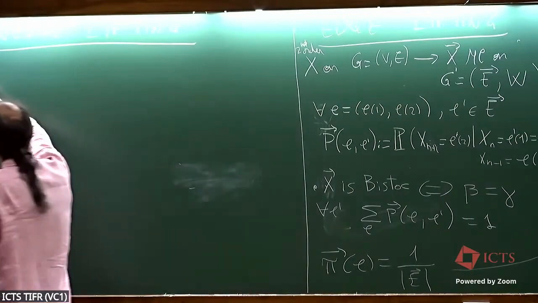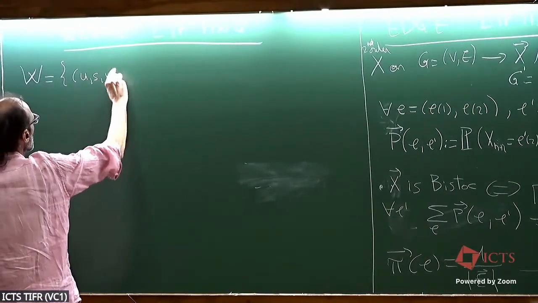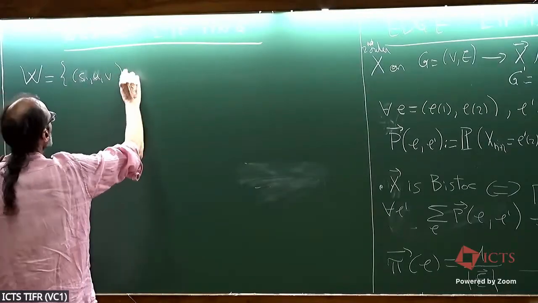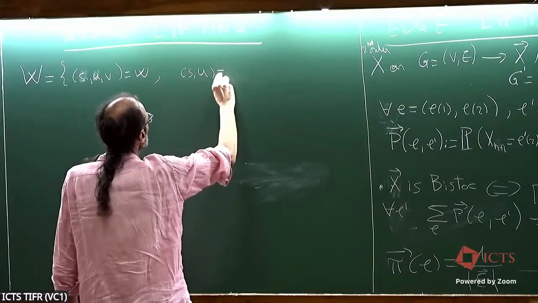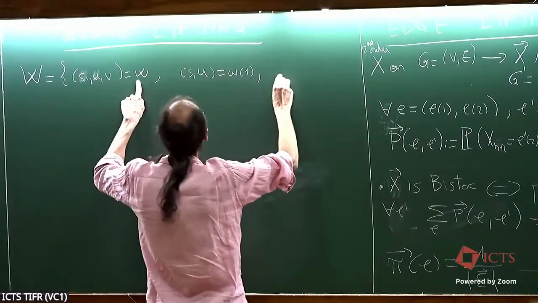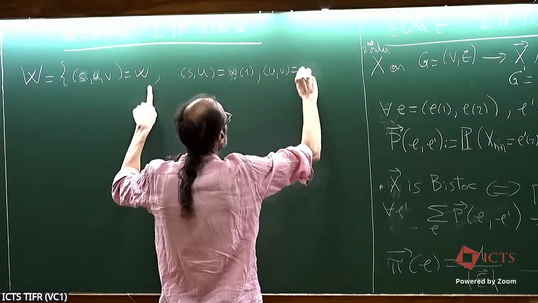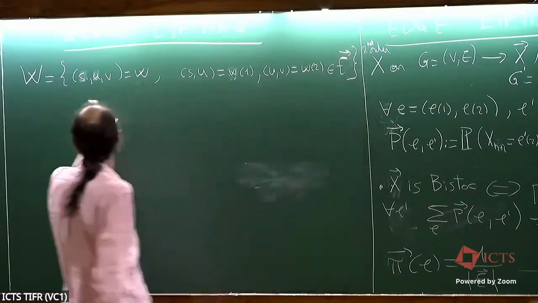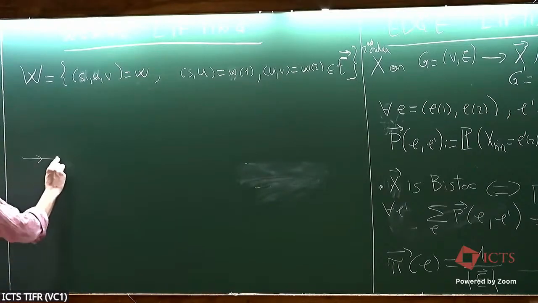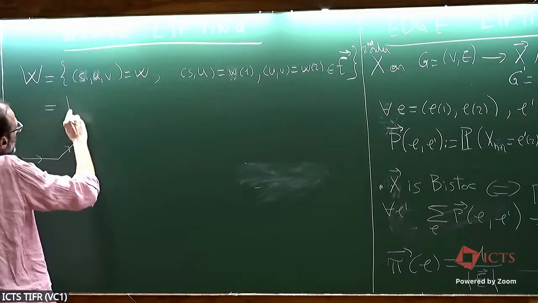Now, wedge space is nothing but a sequence of wedges of this type. Let me also denote the first part of the wedge as SU, and the second part of the wedge as UV, such that these two things belong to the directed edge set. So it's this space, the space really of concatenable, two concatenable directed edges. And this space, you can decompose it uniquely into